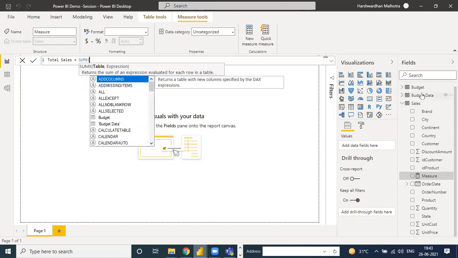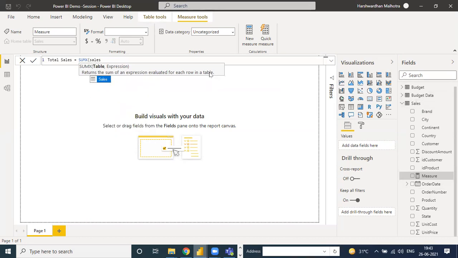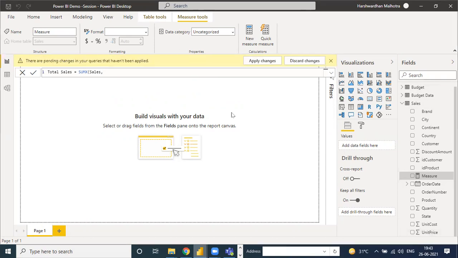And what is the table name? It's the sales table, then a comma, and the expression. The expression is unit price.